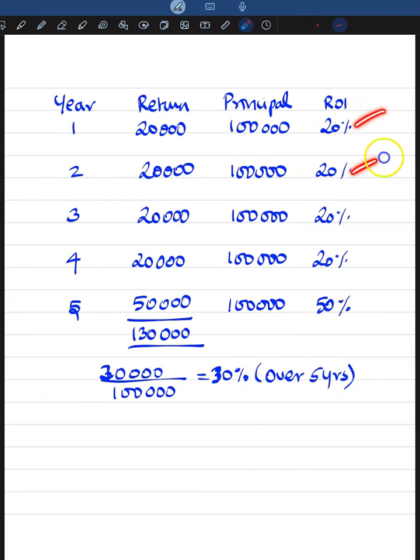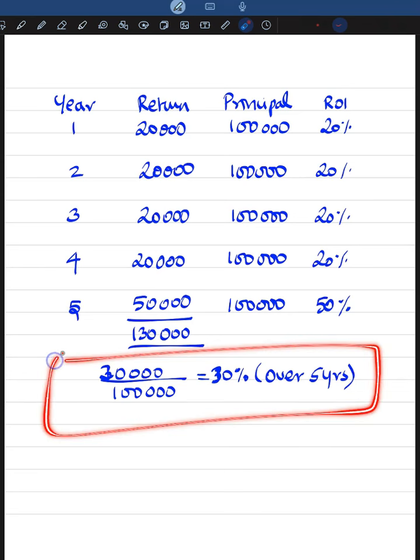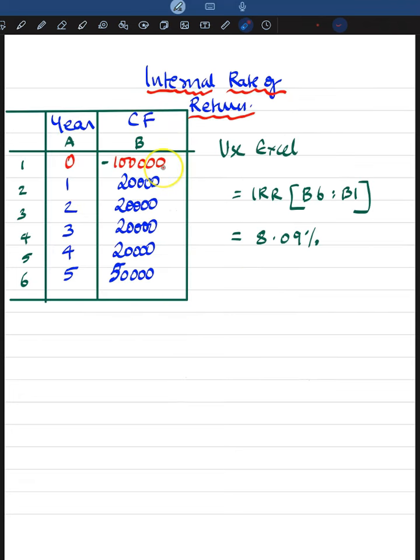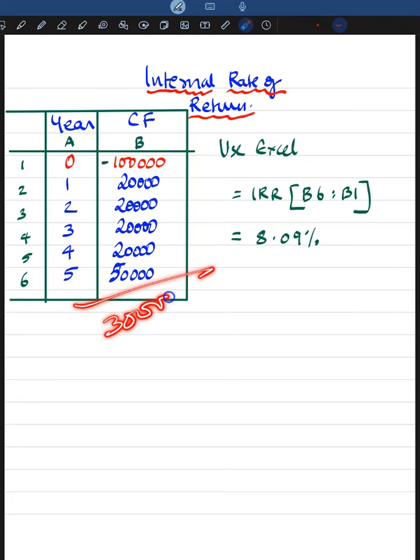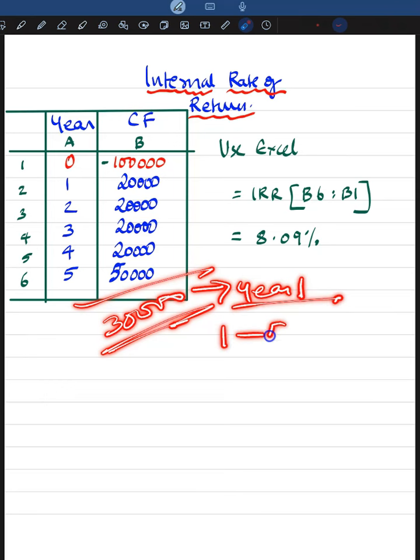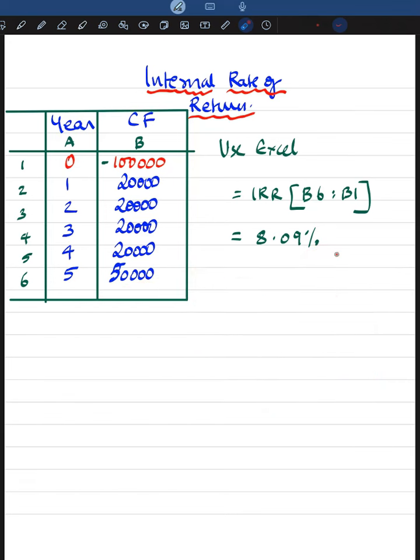We carried the belief that this project was generating 20%, 50% and all, right? Then we carried this belief that this project was generating 30% over a period of 5 years. But considering the time value factors, what we come to understand now is this project is only generating 8.09%. So don't get carried away by big numbers exceeding the investment amount, because this big number has not come in year 1. It has come in years 1 to 5, spread over 5 years. So its value is actually less. And that's what this calculation reveals. It is only 8.09%. So don't get carried away by return on investment.